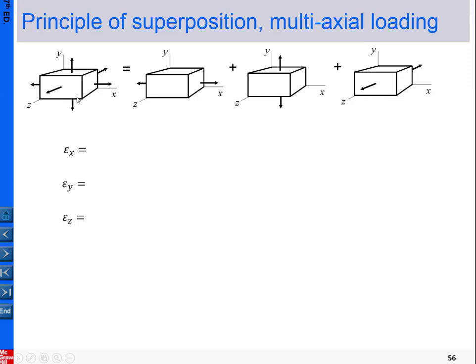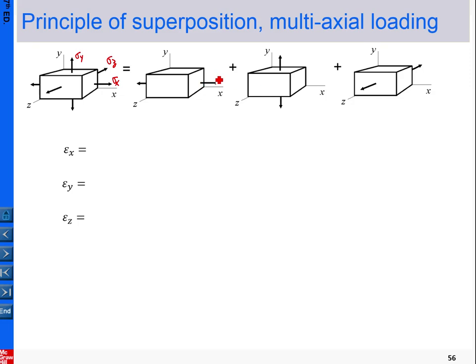It is under loading in three directions, so that's three axial loadings applied in individual directions. For each loading, we will be able to calculate the stress. For example, here the calculated stress is sigma x, okay? And then this is sigma y, and then sigma z. And again, in equilibrium, that is sigma x, sigma y, sigma z. And we apply the superposition principle. Basically, we decompose into three